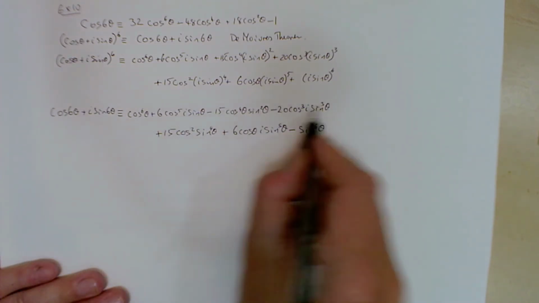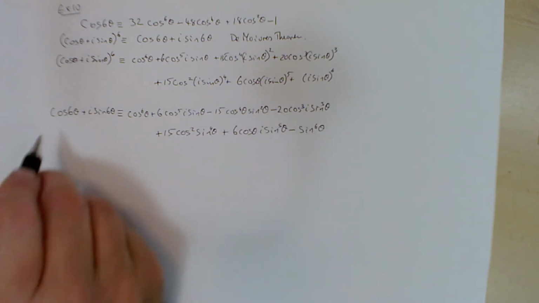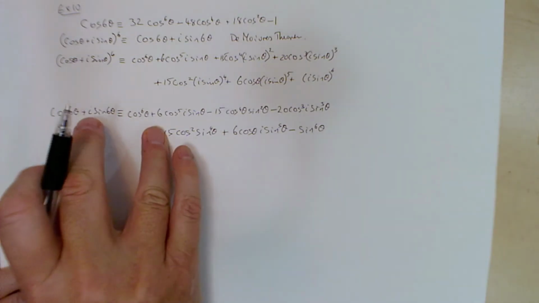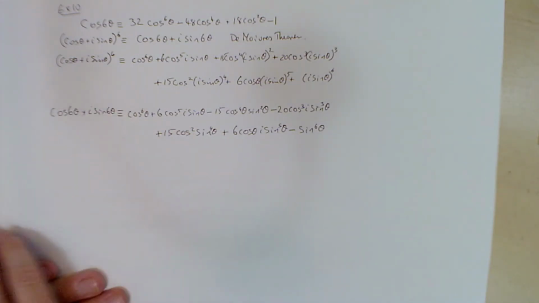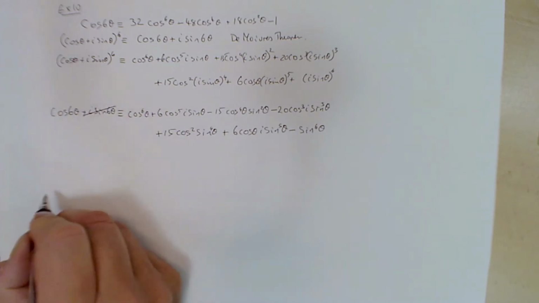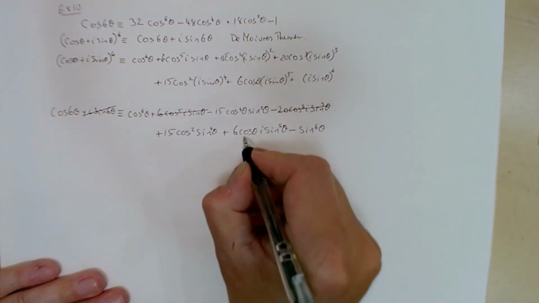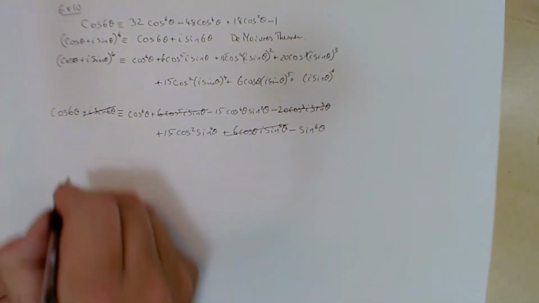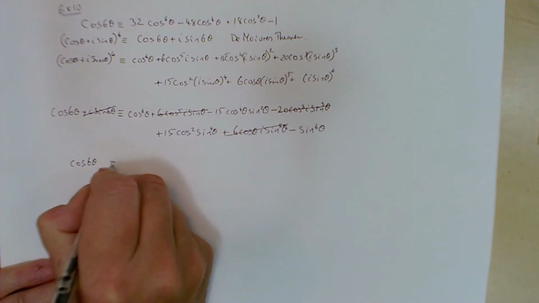This is a complex number with real and imaginary parts. The real parts of this side must equal the real parts of this side, and the imaginary parts of this side must equal the imaginary parts of this side. So we're only interested in the cos 6 theta, so we can cross out everything that contains an imaginary term. And we end up with cos 6 theta is equal to